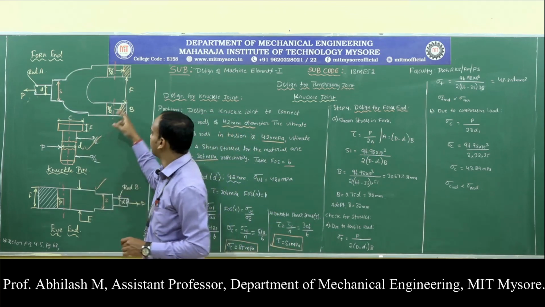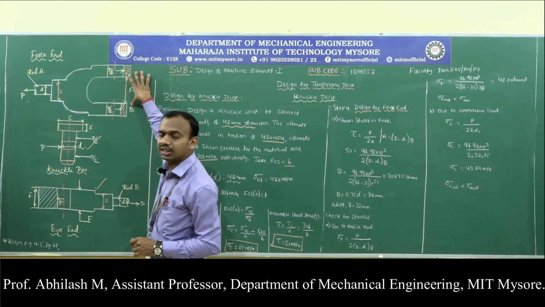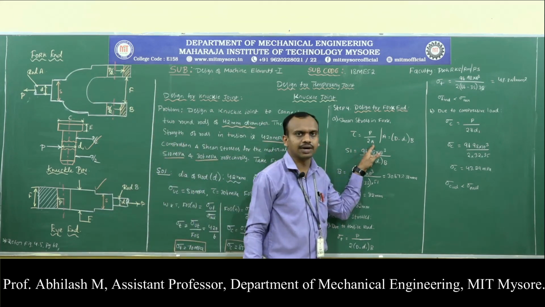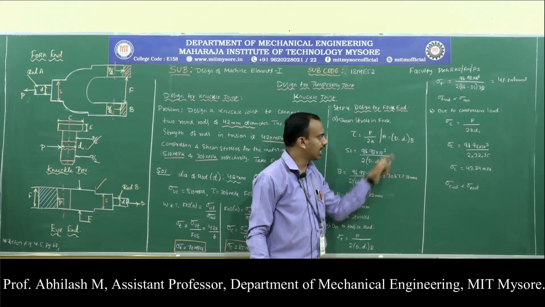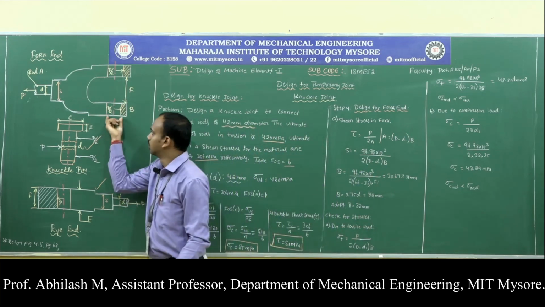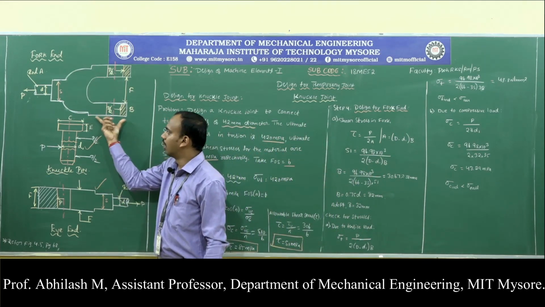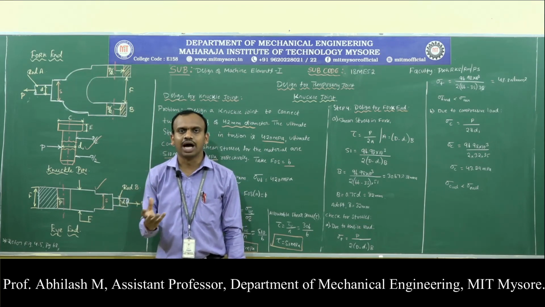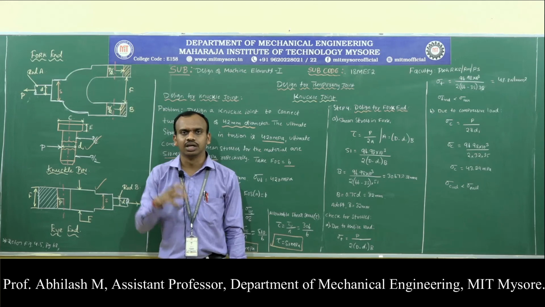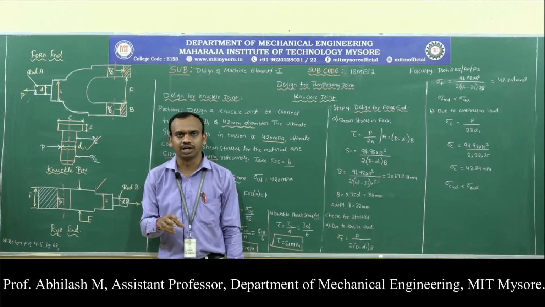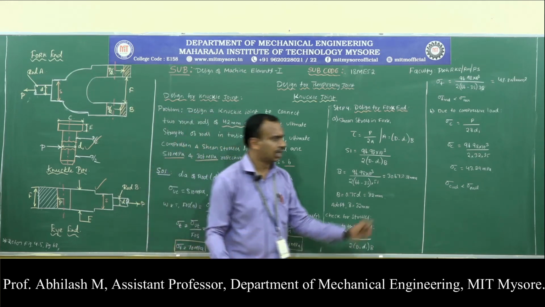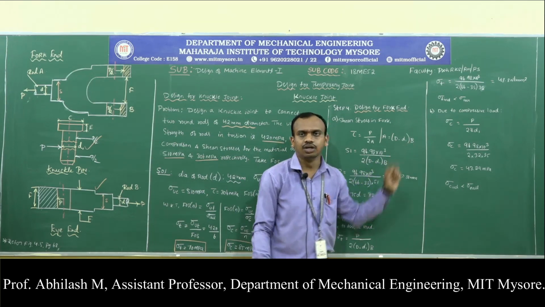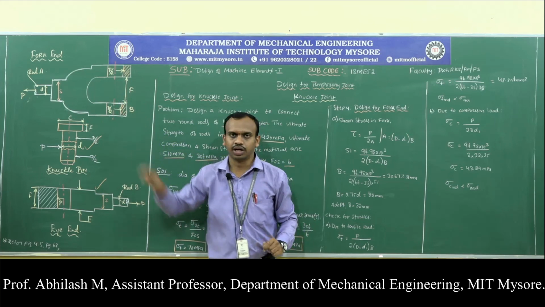What is 2 times the area? 1 and 1. It is undergoing double shear, so it is 2 times the area. What is my area? Area will be equal to, this is the diameter of the pin and we have the major diameter. Basically it's a hollow section, so hollow will have 2 different diameters, the major and the minor diameter, and then the thickness. So that is what we have written here: the major diameter minus diameter into the thickness of the fork end.